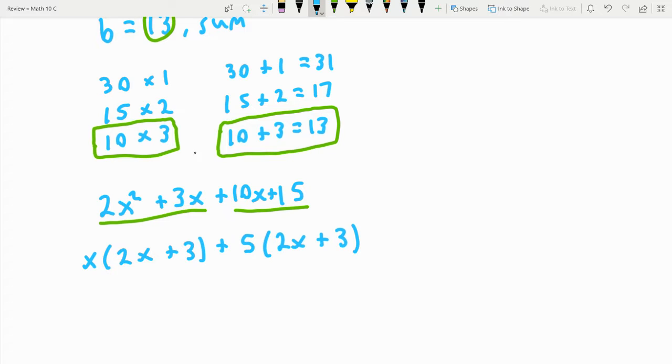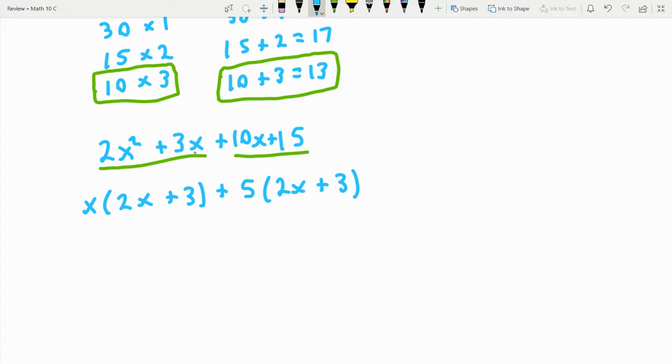Now that we're at this step, we've seen questions like these before for GCFs. So because 2x plus 3 is the same in both of these terms, I can divide that term out. And what I should have left inside would be x plus 5. And now this question is finished because